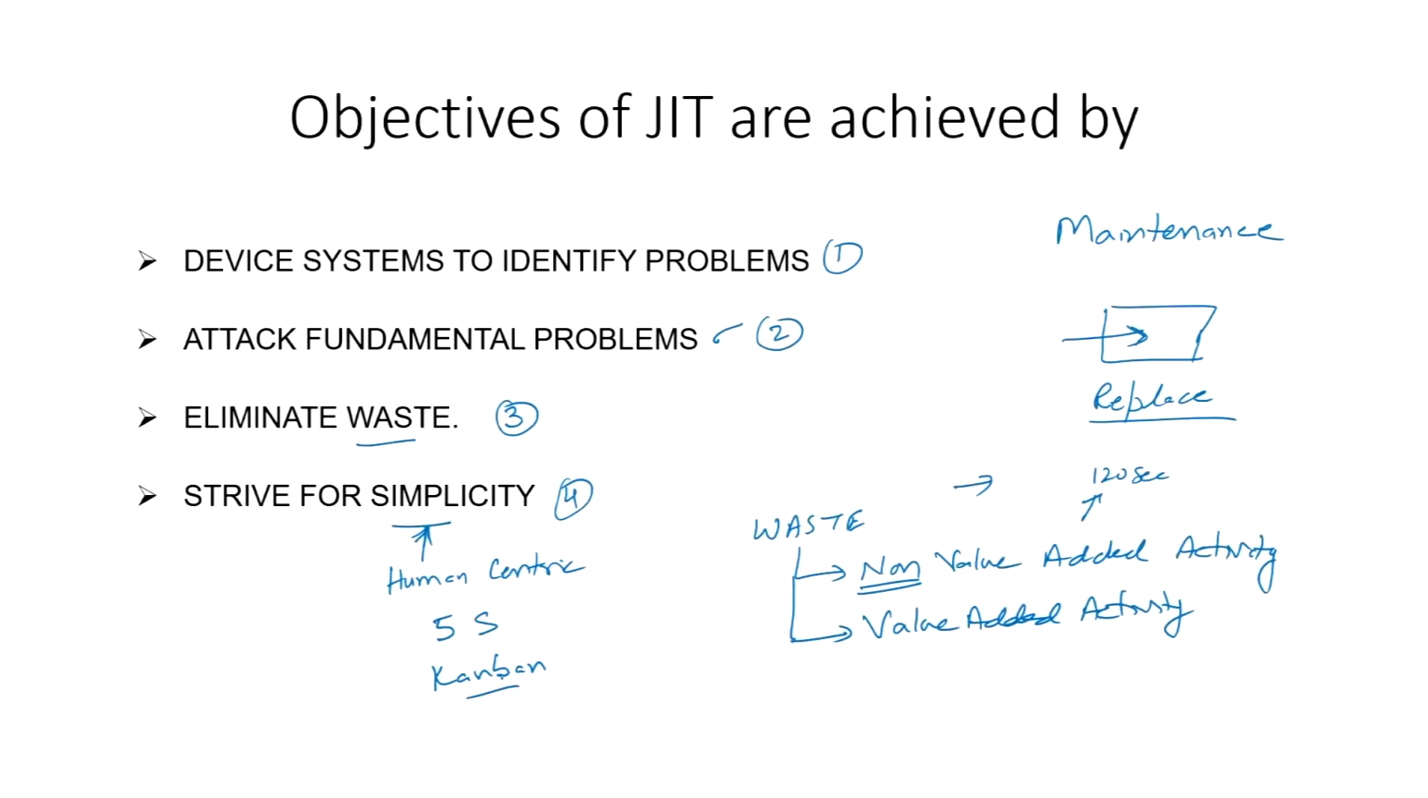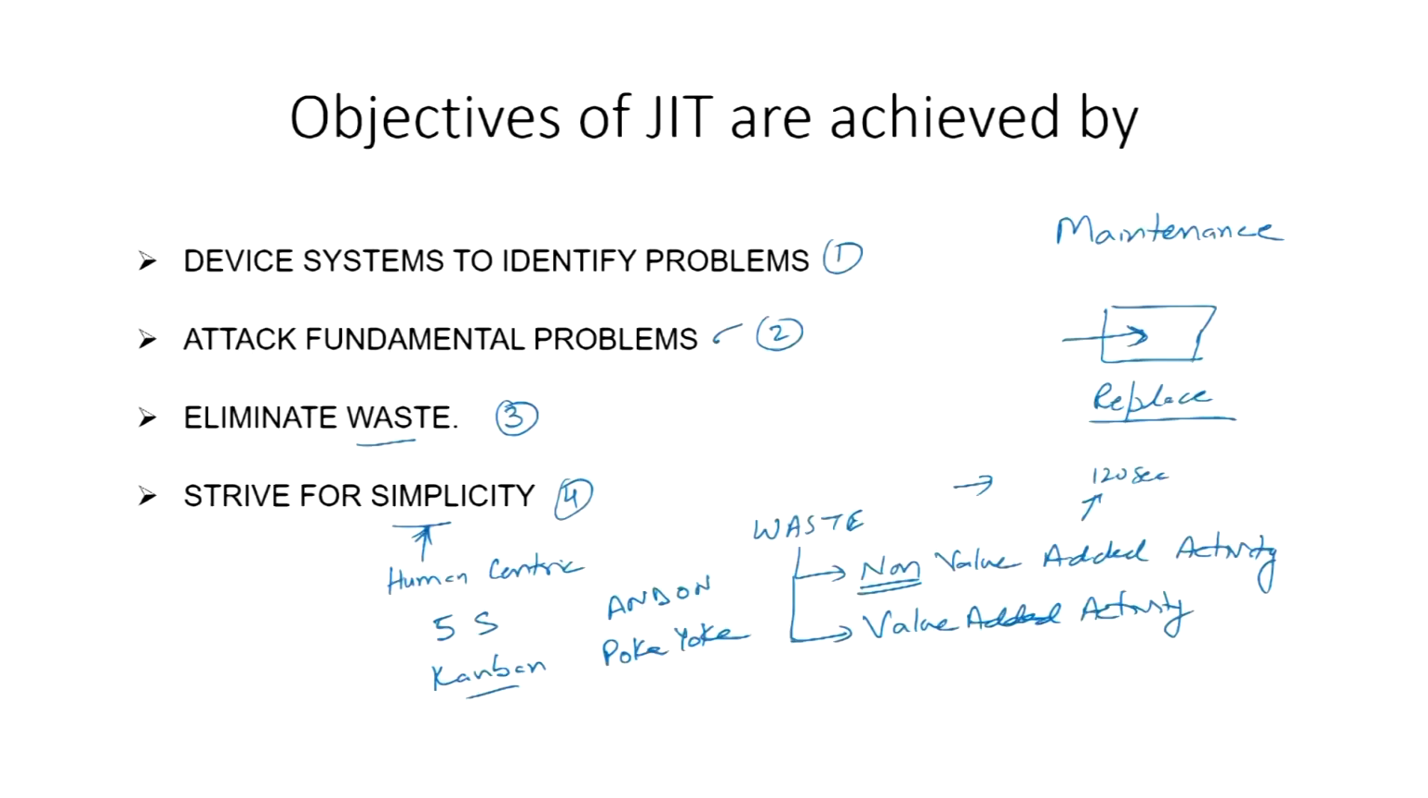So, that kind of a trigger with the help of Kanban can be created. There are other systems like Andon, and there is another system like Poka-yoke. So, all these systems are very, very simple systems which have been developed to support the JIT system. So, strive for simplicity is another very important keyword or philosophy in JIT, that we should develop systems